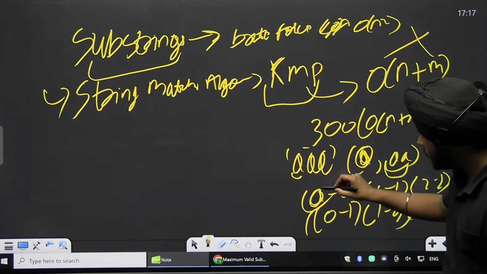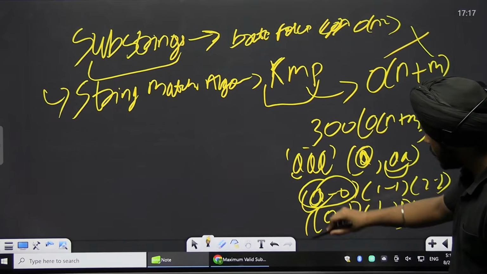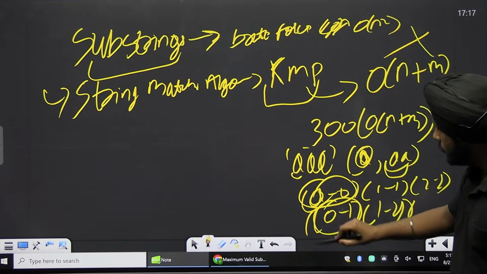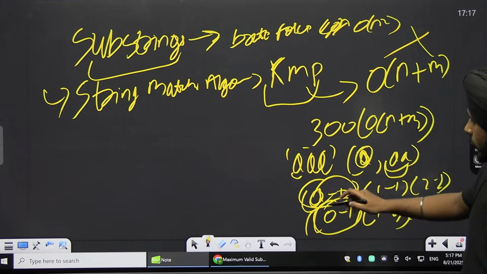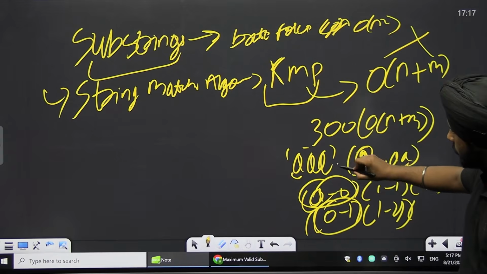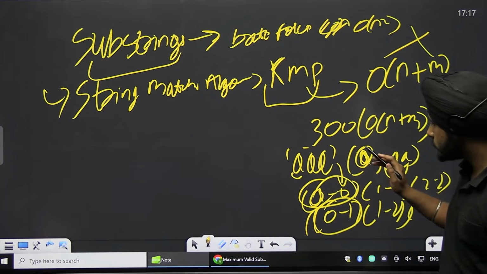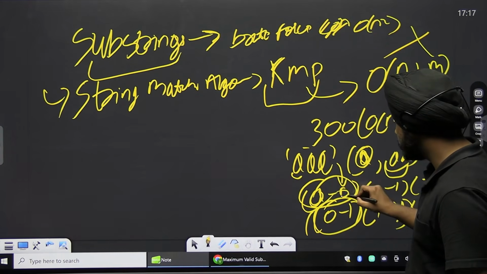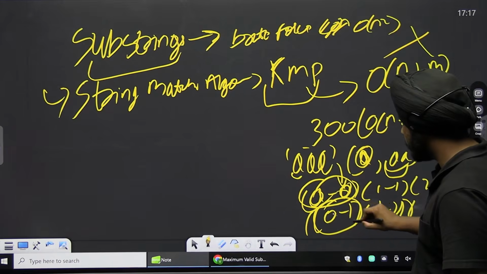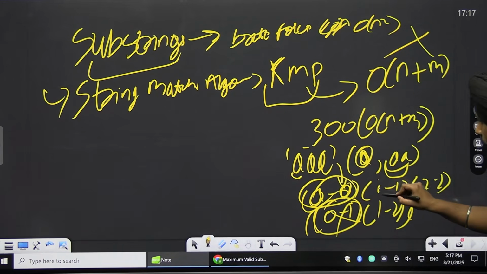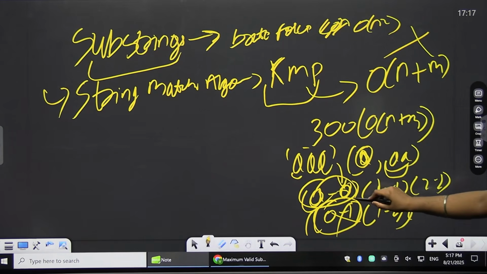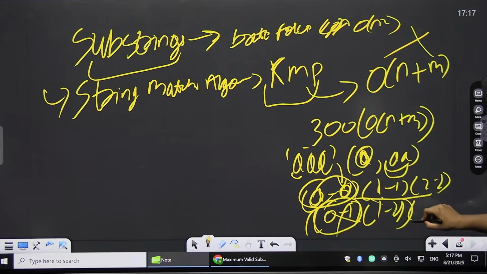We can see that this and this are overlapping. So one thing I said is we'll always pick the element which has a lesser index. So it's always better we store this 0 rather than storing this element. And even if we have 1 to 1 and 1 to 2, we only want this in our answer, we don't want this. So